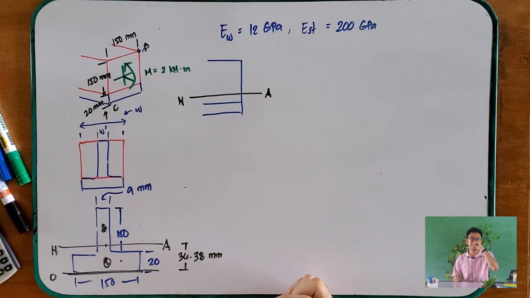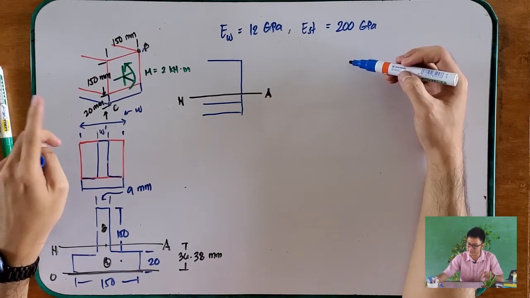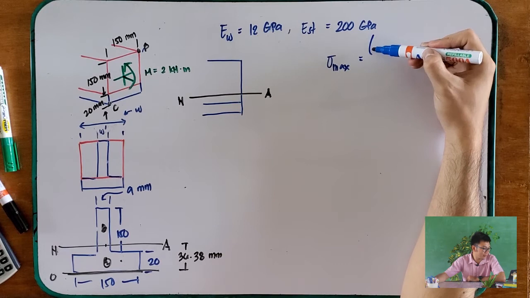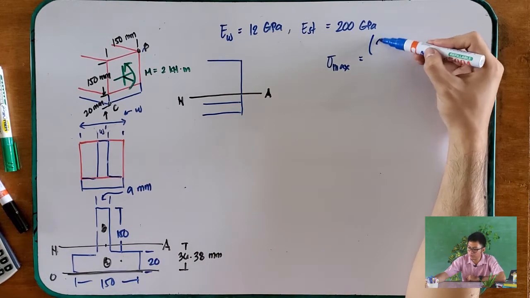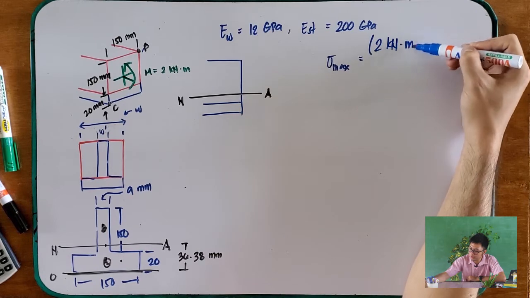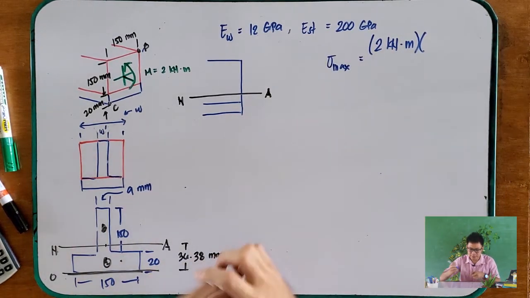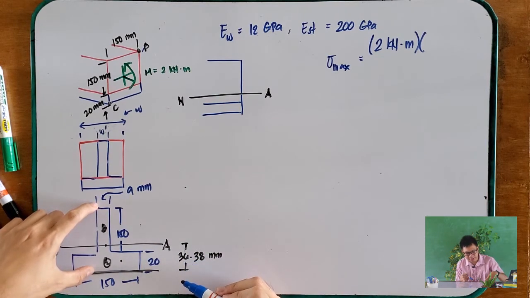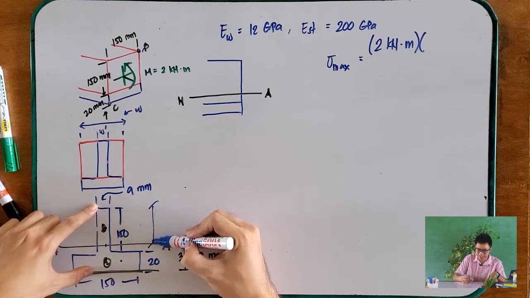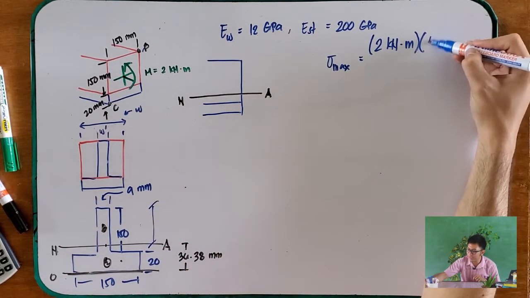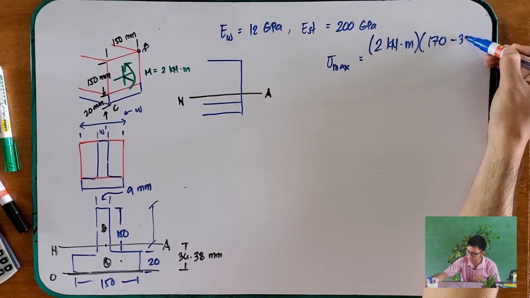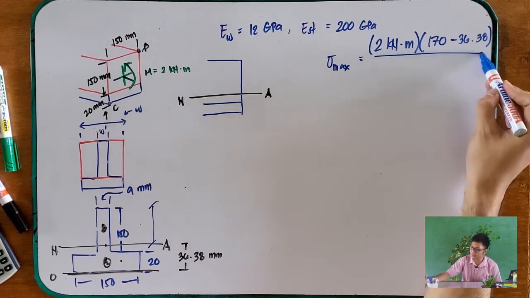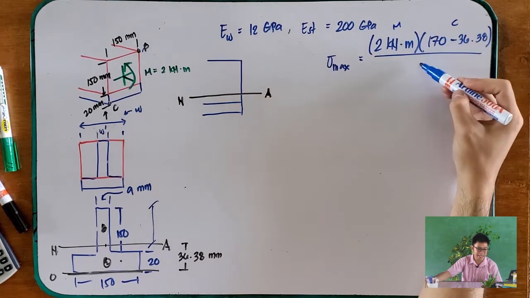So what is the maximum bending stress? Sigma max is equal to Mc over I. Pila imong moment? 2 kilonewton meter. Pila imong C? Ay, di ba, ang distance ani kay 36.38. And kibaw man ta nga ang distance ani is 170. So, perhaps, mas dako ang distance ani. So, that is 170 minus 36.38. Sakto? Over, so morning C, morning M, ang I,